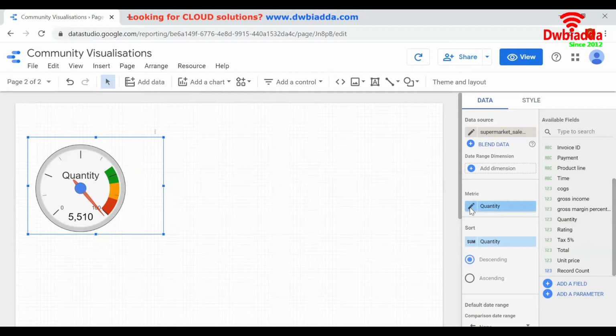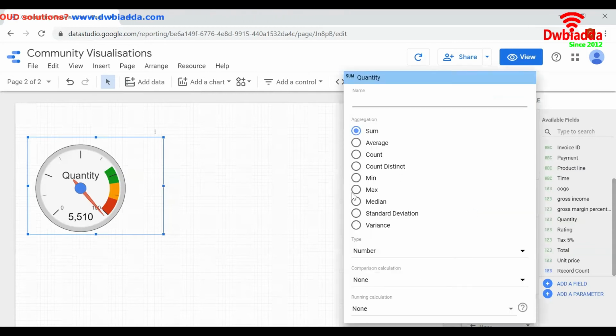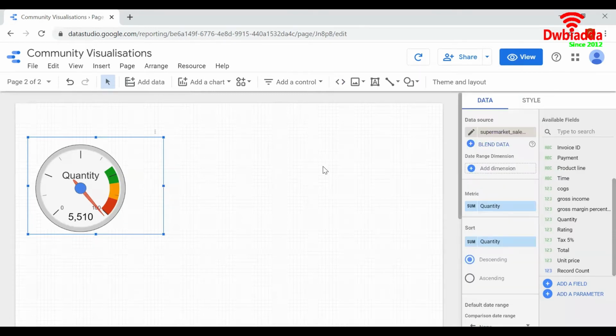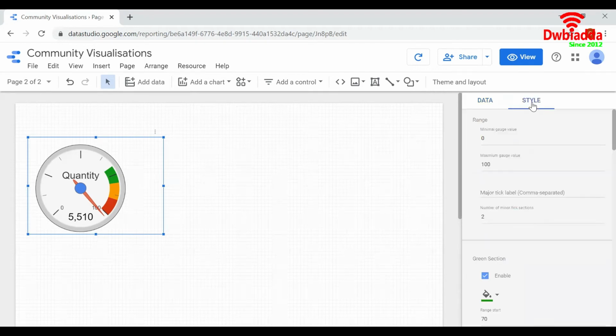You can change the aggregation here. You can give whatever aggregated value you desire. I will keep the sum. So the sum of quantity, that is sum of all values in the column quantity, is 5510.